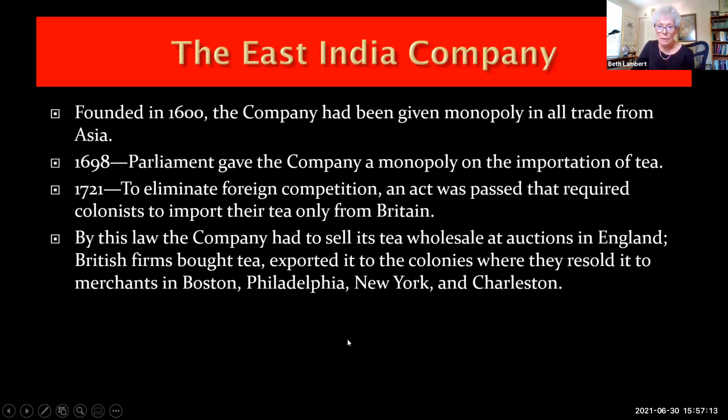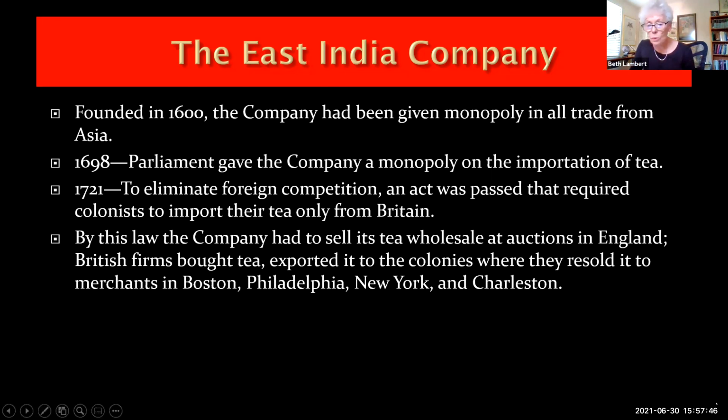And here we go. The problem lay with the East India Company, which had been founded in 1600. The East India Company had been given a monopoly on all trade from Asia, and it became a governing body in England. It started out as a trading company, and through the years,